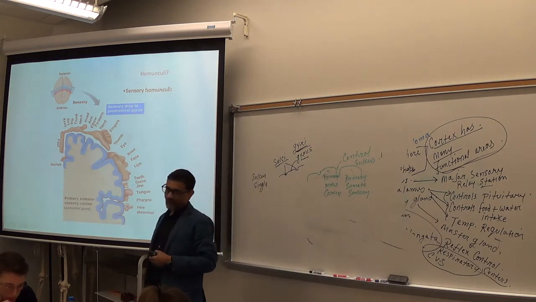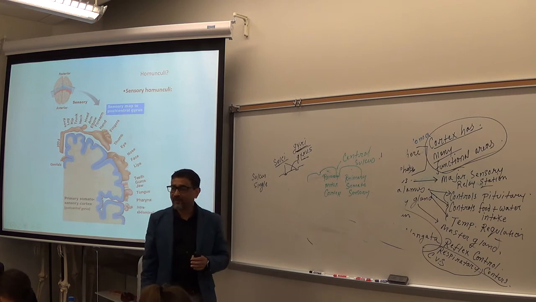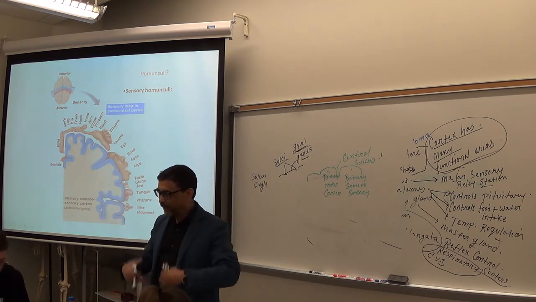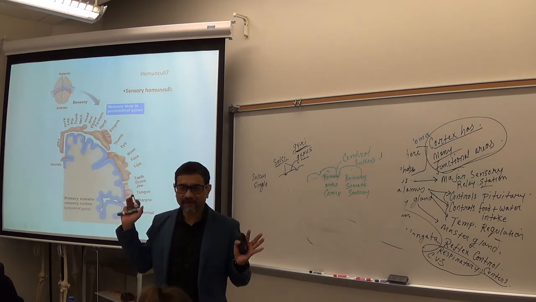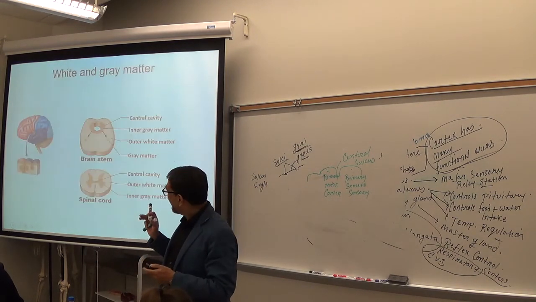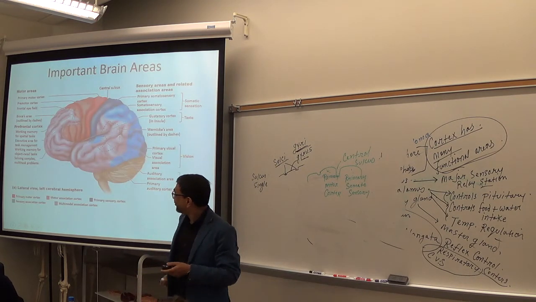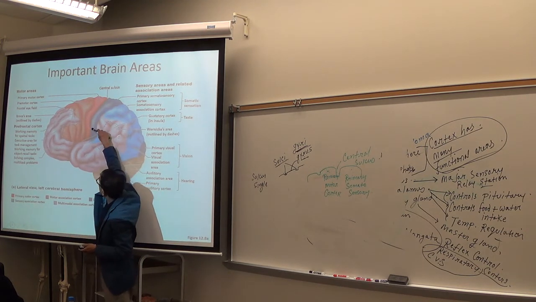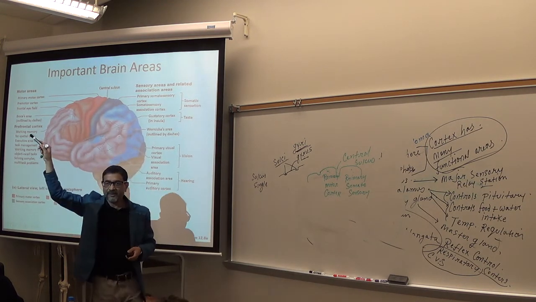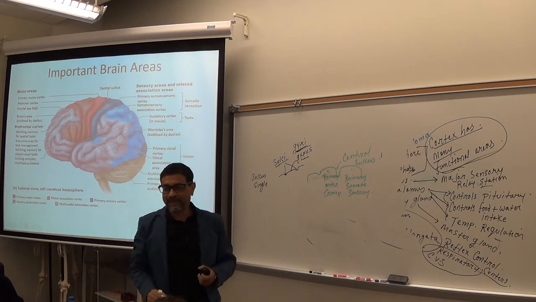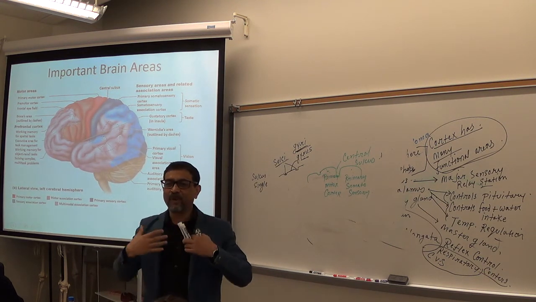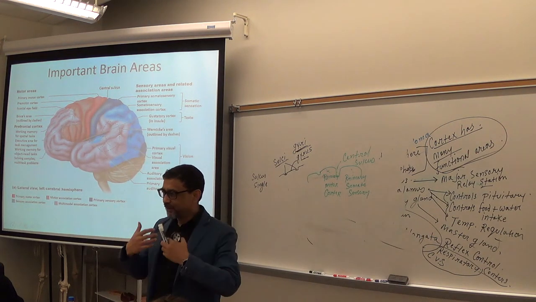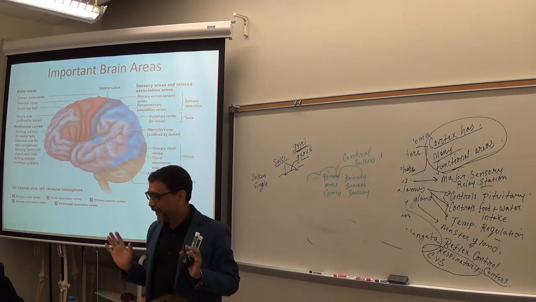Homunculi. I mentioned homunculi are maps of your body in your brain. Very simple. Maps of your whole body, entire body in your brain. Is it clear? Now you remember in front of central sulcus, you have primary motor cortex. Behind, you have primary somatosensory cortex, right? In these two areas, you have your entire body map. Those are called homunculi.